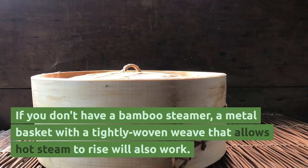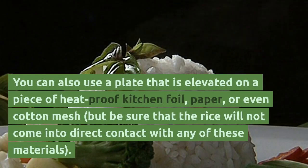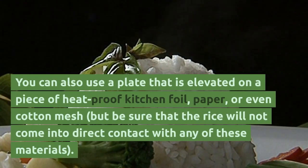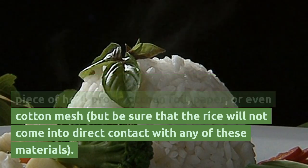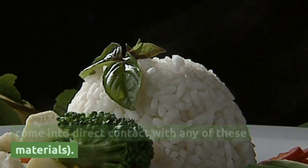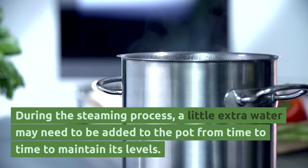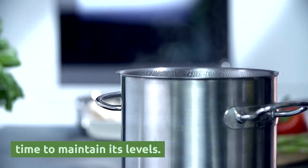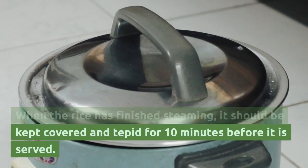If you don't have a bamboo steamer, a metal basket with a tightly woven weave that allows hot steam to rise will also work. You can also use a plate that is elevated on a piece of heat-proof kitchen foil, paper, or even cotton mesh. But be sure that the rice will not come into direct contact with any of these materials. During the steaming process, a little extra water may need to be added to the pot from time to time to maintain its levels. When the rice has finished steaming, it should be kept covered and tepid for 10 minutes